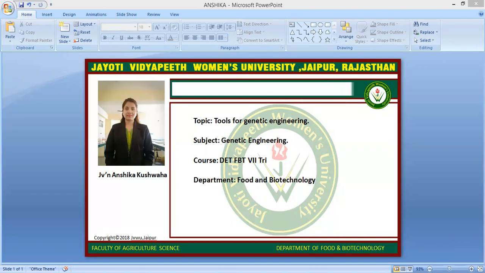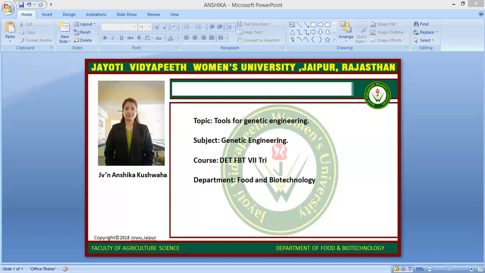Then sixth one is transformation and transduction. Transformation is the process of transferring genetic material in a vector such as a plasmid into a host cell. The host cells are exposed to an environment change such as electroporation, which makes them competent. Larger DNA segments are more easily cloned using bacteriophage, retrovirus or other viral vectors or cosmids in a method called transduction. Then last one is seven, identifying transgenic organisms.